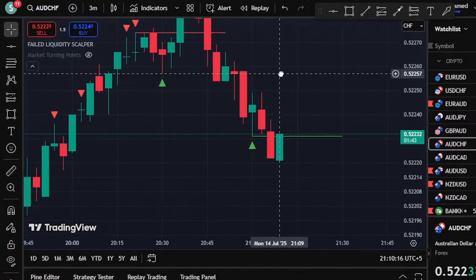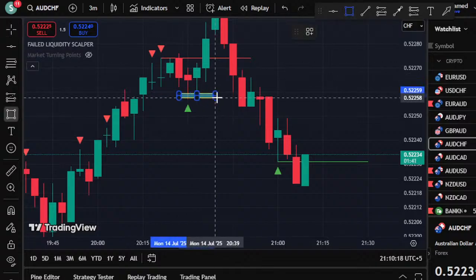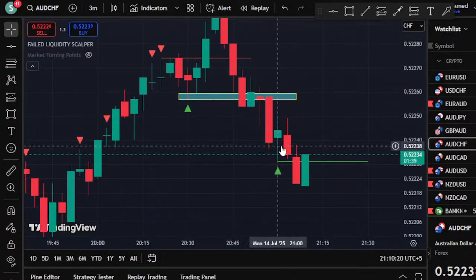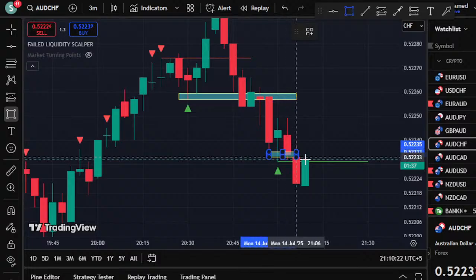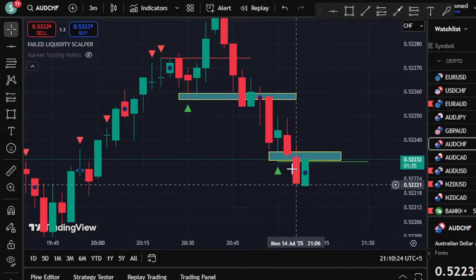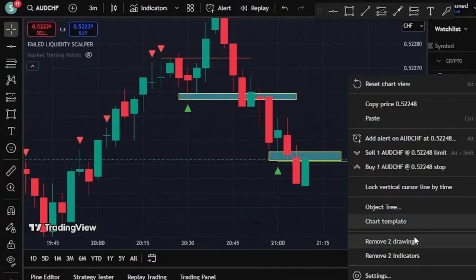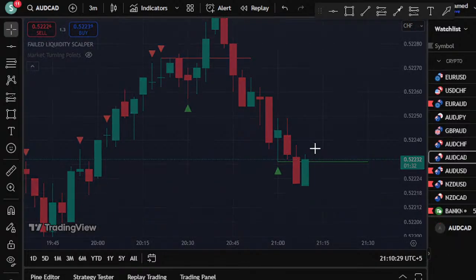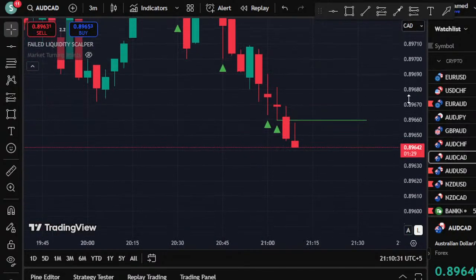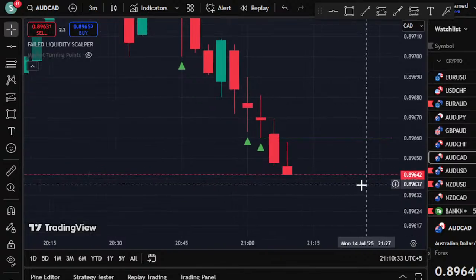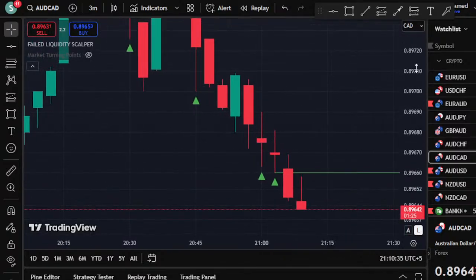Okay, now just look at this one. This is the real time that we have seen. The price went down, and now again what's happening? It has already given you one candle, but the sell is still running. You can see. Okay, let's have a look at AUD CAD. Look at this. This is happening real time. I'm not making any modifications in the video. Look, this is AUD CAD.